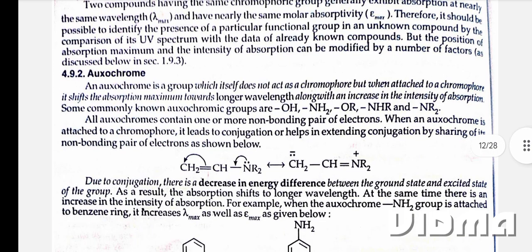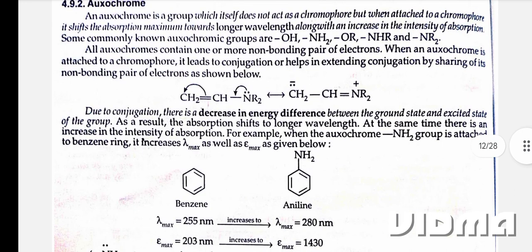Auxochrome. An auxochrome is a group which itself does not act as a chromophore, but when attached to a chromophore, it shifts the absorption maximum towards longer wavelength along with an increase in the intensity of absorption. Some commonly known auxochromic groups are -OH, -NH2, -OR, -NHR, and -NR2. All auxochromes contain one or more non-bonding pairs of electrons. When an auxochrome is attached to a chromophore, it leads to conjugation or helps in extending conjugation by sharing of its non-bonding pair of